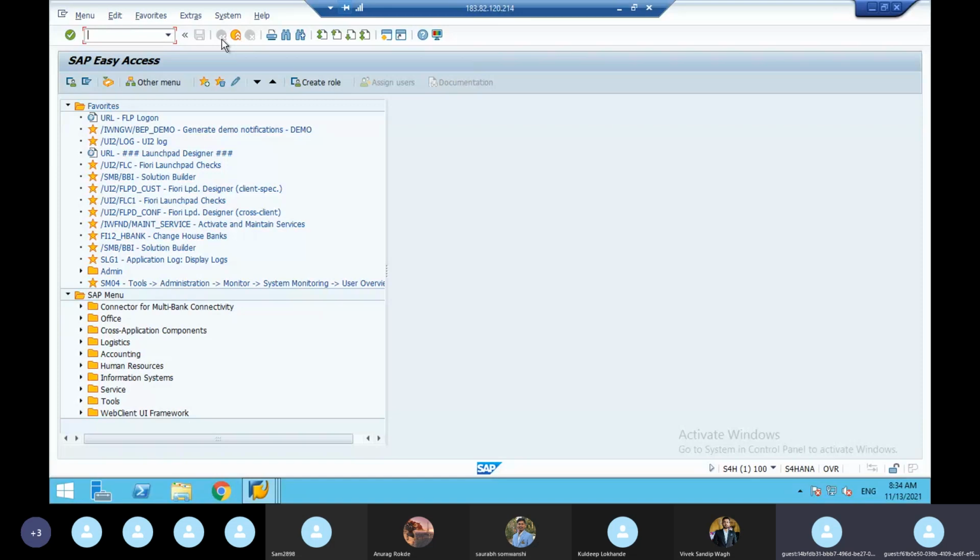Is it the same in S4 also? Nothing changes in it. Did they teach this, or do you know it from earlier, or is this the first time you are seeing it, all of you? Has anybody seen this earlier? Yes, sir. Did you practice this? Yes, sir. You have created your own condition table, access sequence and all? Can you do it today? Yes, sir. Wait, I'll show you.